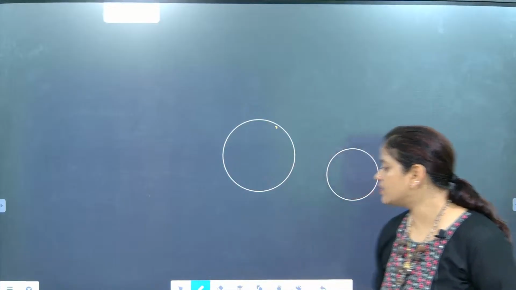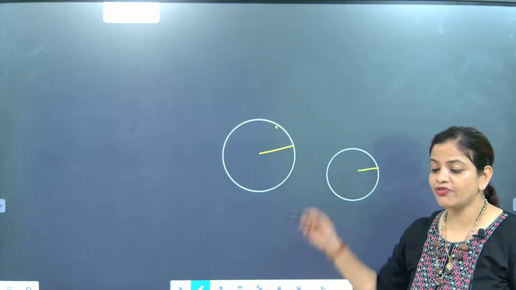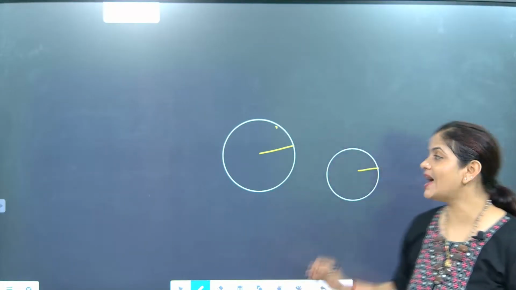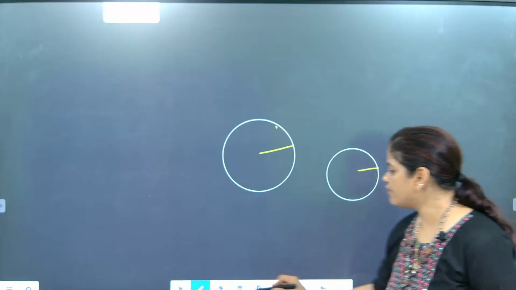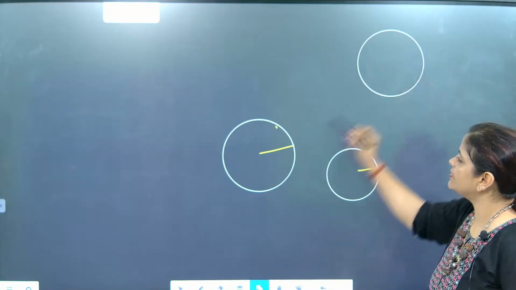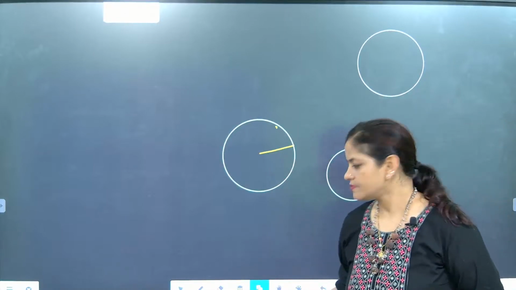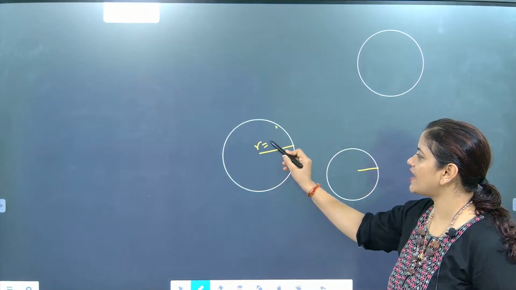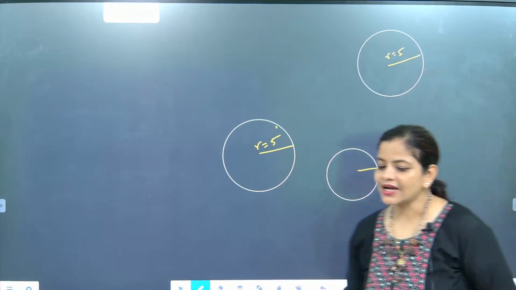Why are they not equal, beta? Because their radius is exactly not the same. But figure wise, they both are circles. Understood? So they are similar but not equal. But if I draw a circle and that circle has the same radius, that means what, beta? That means if this radius is 5 and this radius is also 5, that means what,